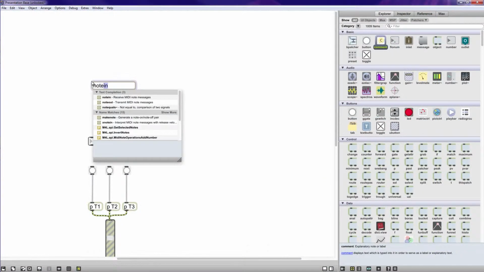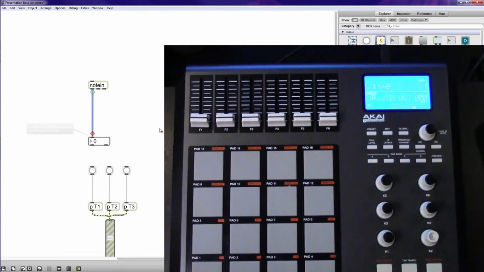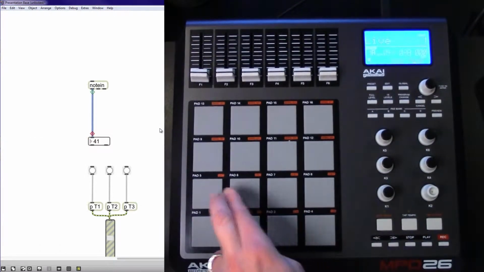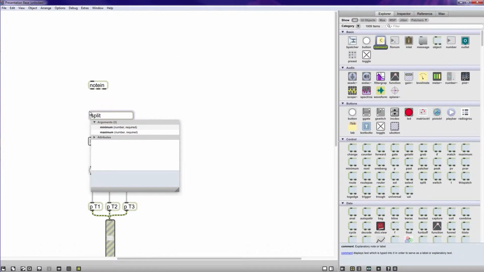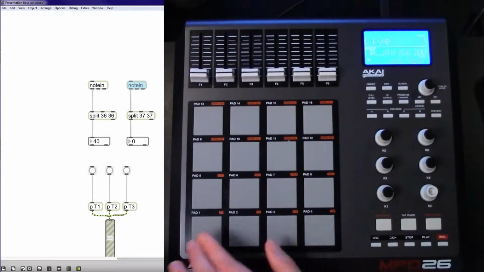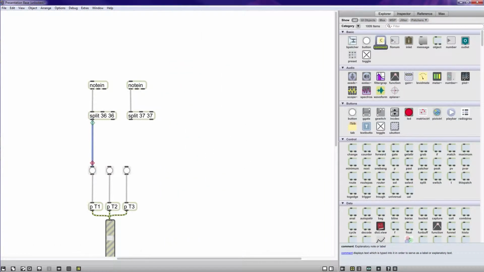I was able to do this with the notein object, which receives MIDI information and outputs three things: pitch, velocity, and channel. The second challenge was to isolate notes so that only the pad I hit would register. Notein outputs any MIDI message it receives, and this was unacceptable. I was able to isolate the notes by using split. By setting the low and high limit to the specific note generated by the pad, I was able to isolate each one. After that, I set up a bang object so that every time I hit the pad, it would